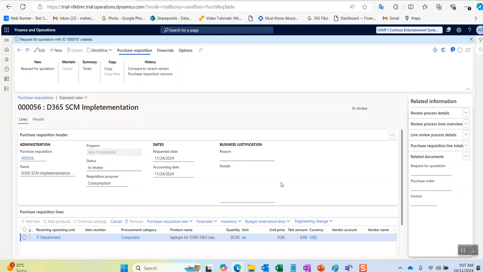Now you can see on top we have received an information message: request for quotation with ID 000010 created. Okay, it means the request for quotation has been created against this particular purchase requisition. Even if I refresh this page, you can see on the right side the refresh icon. If you click on refresh, okay, if you click on this I symbol related